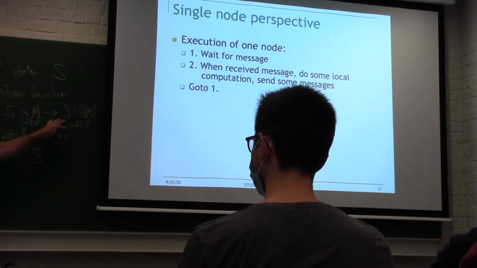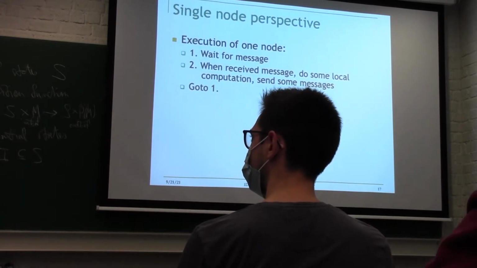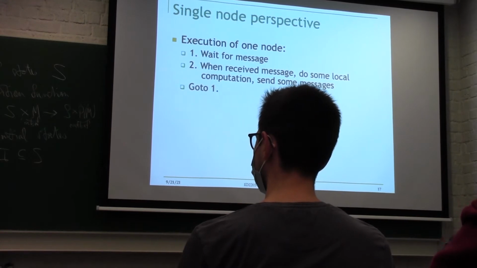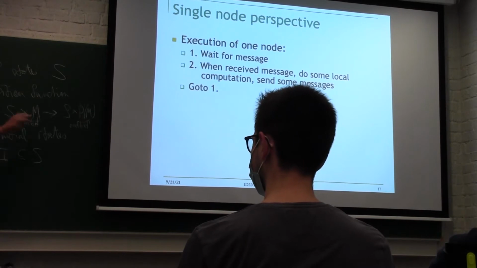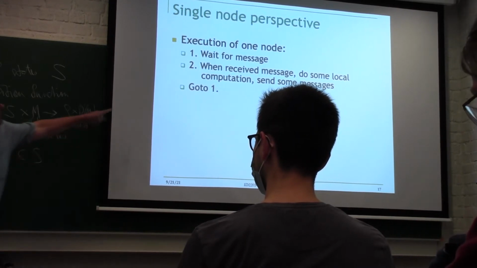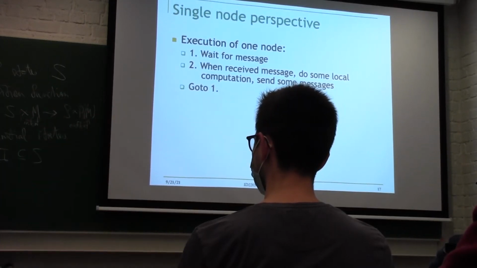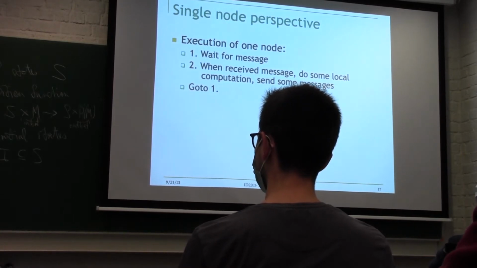But the precise constraints are not really very important, and if you don't say them right later on, I will not really penalize you for that, because there are many variations. Okay, so this is what a node does. That's very simple, right? What do you think? It seems very simple.